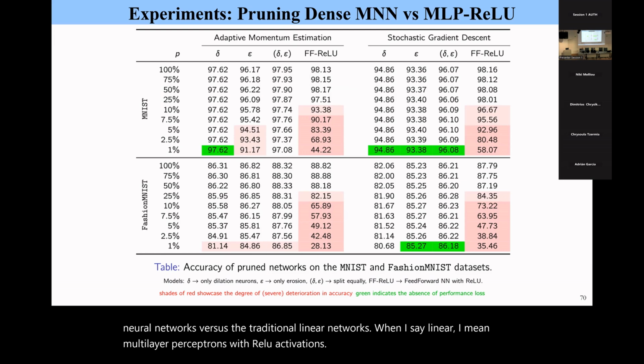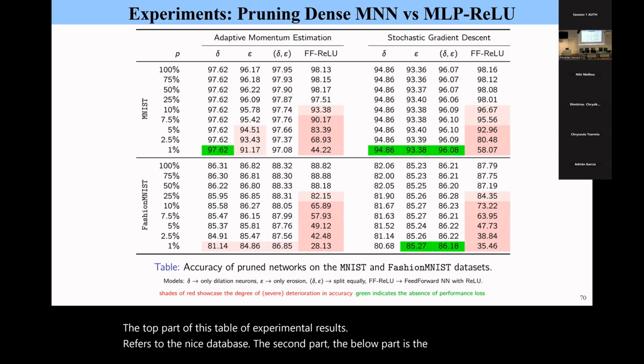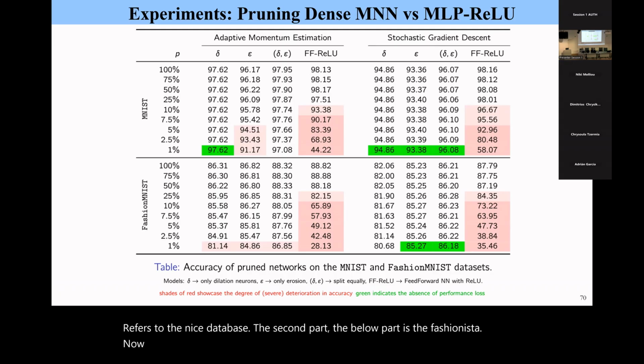The top part of this table of experimental results refers to the MNIST database. The second part, the below part, is the Fashion MNIST. Now, the various rows in each of these experimental results show different